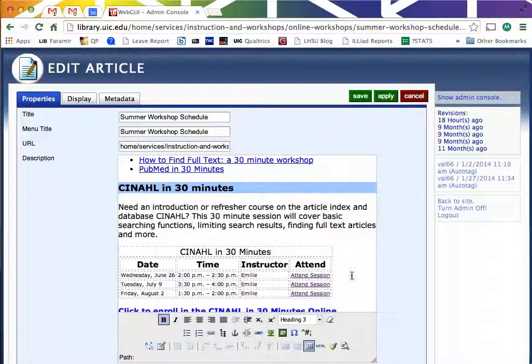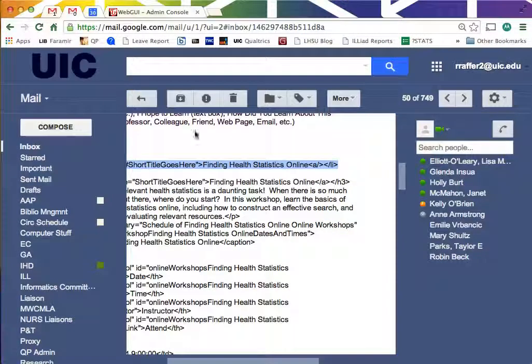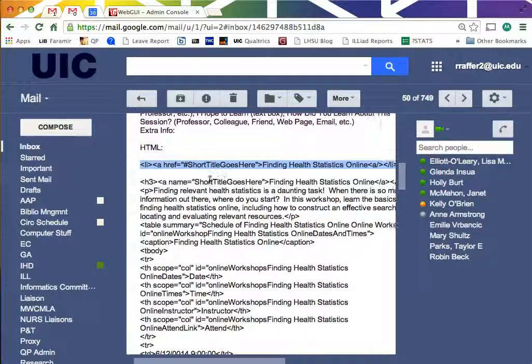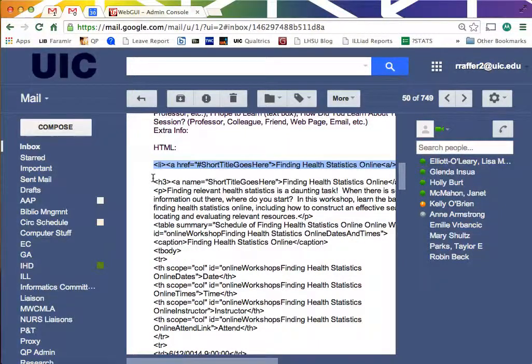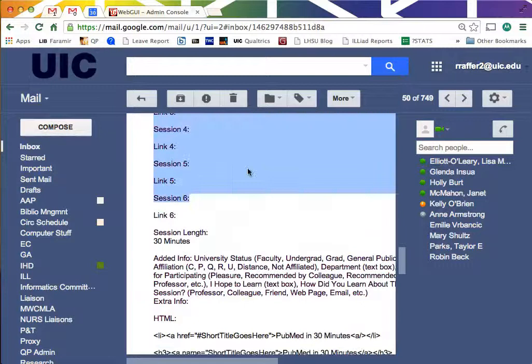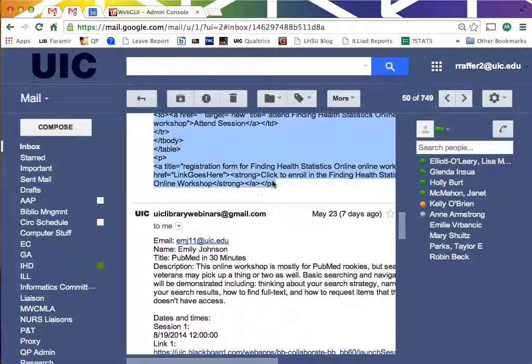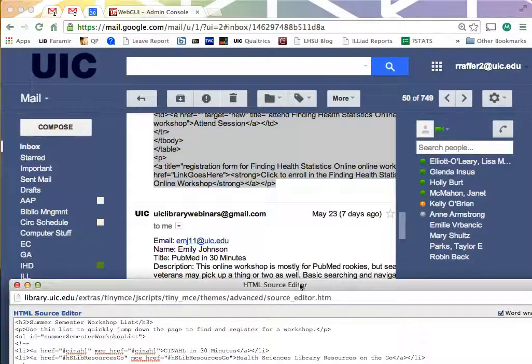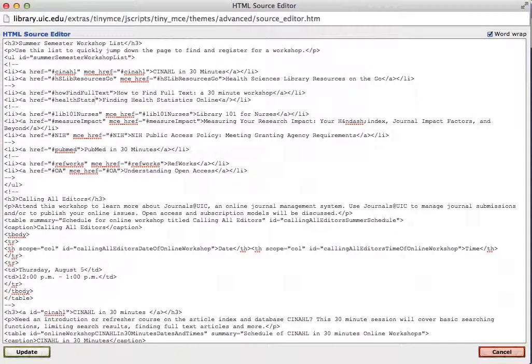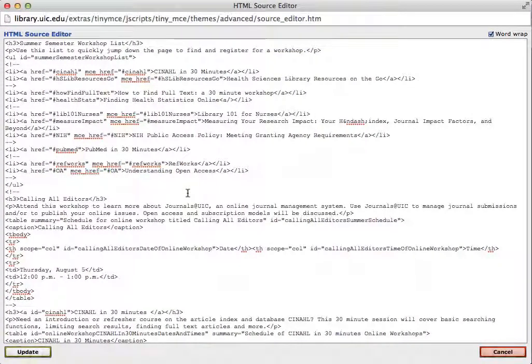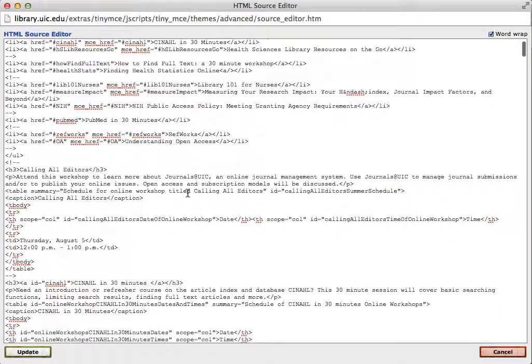So what we need to do is go to the email and just copy all the information for that class. Head back to the HTML editor. And here's where it gets a little bit sticky. There's no real good way to do this, but we need to, I again like to put everything in order,